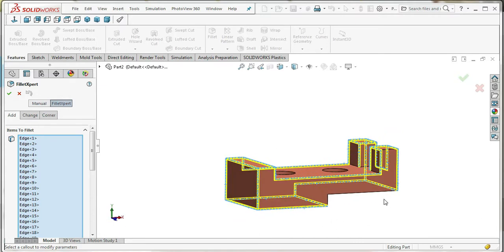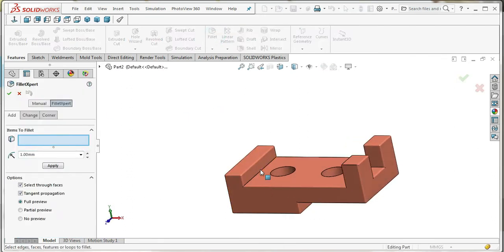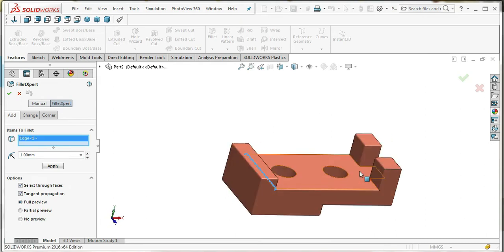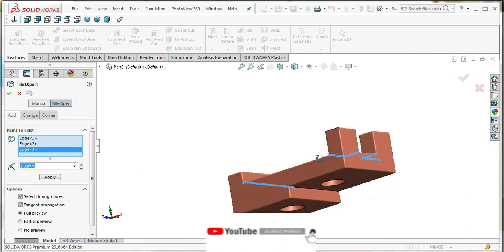Okay, select all the edges. Now going to the fillet for the bigger drafting faces.